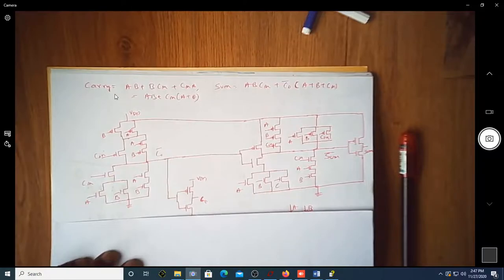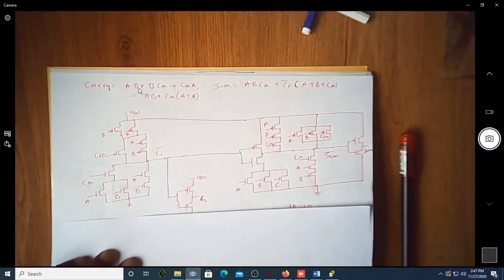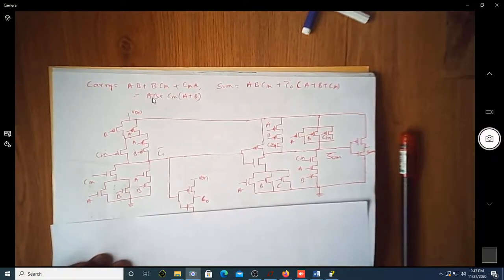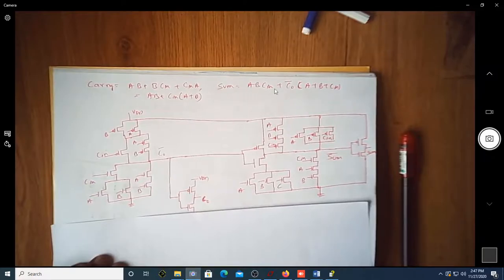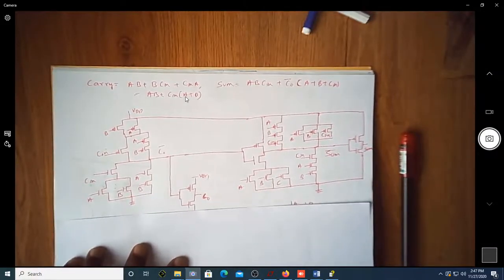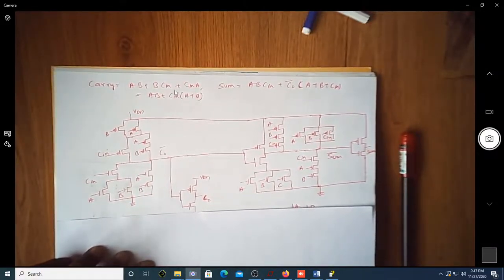using this expression. The carry is given by the expression in terms of a, b, and c in. So this is how we can write it, and this can be further written by taking c in as a common factor: ab plus c in into a plus b. And of course sum can be written as this expression. This will certainly satisfy the truth table of the sum and carry of a full adder.